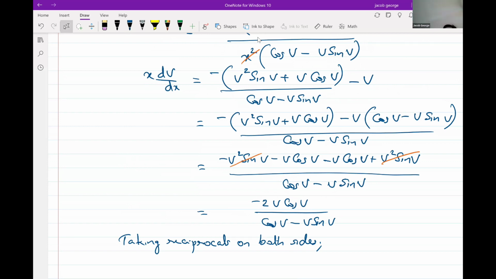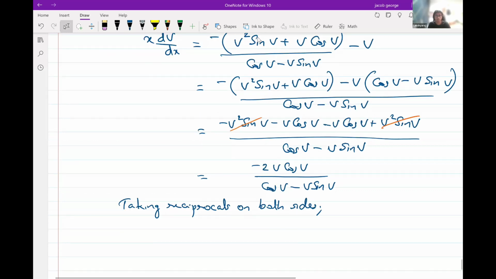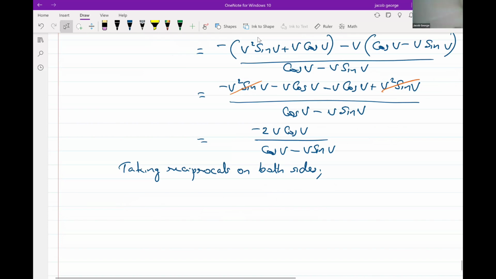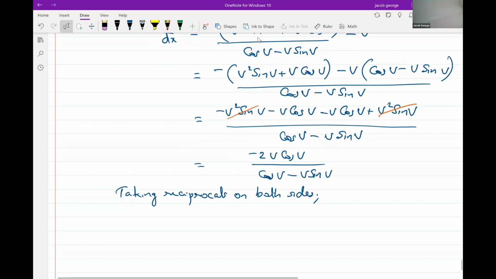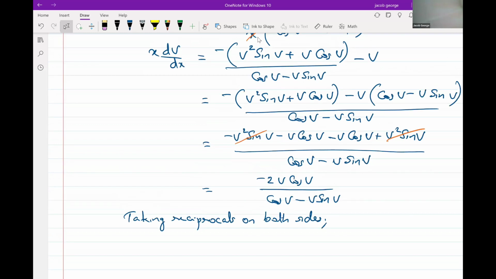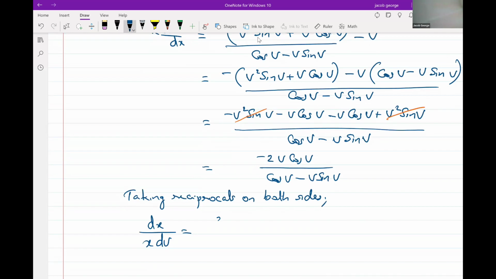Yes, it is correct. That means numerator, you could cancel that minus. It is correct. Okay. So that one, the same method, you can proceed with that one. So taking reciprocals on both sides. So what do you get when you take the reciprocal of dx by x dv, right? Dx by x dv is equal to right hand side also cos v minus v sin v upon minus 2v